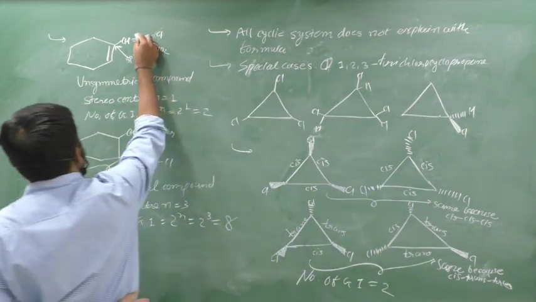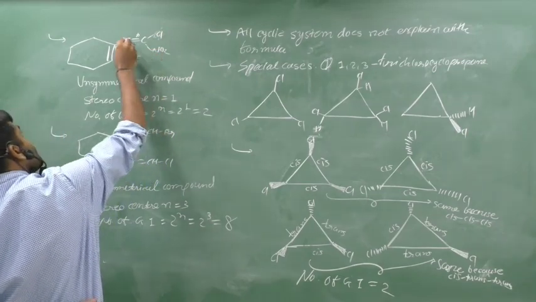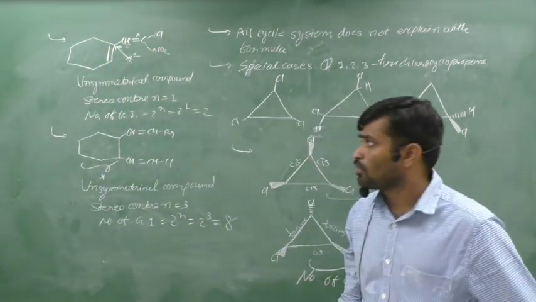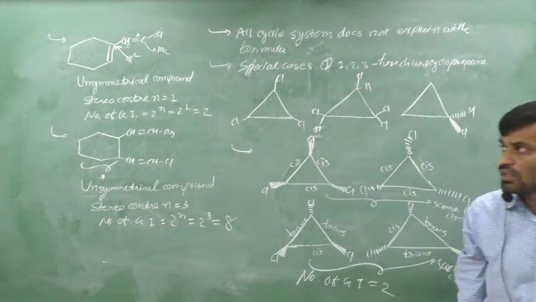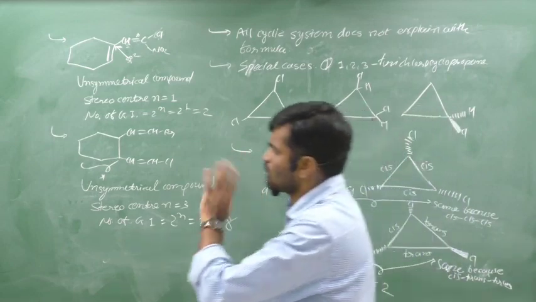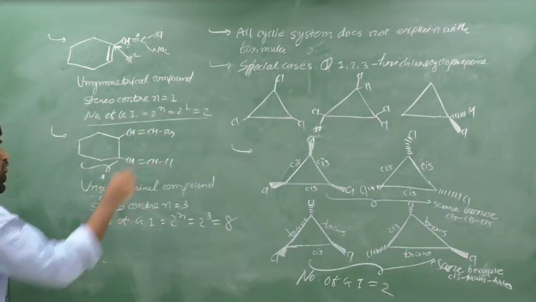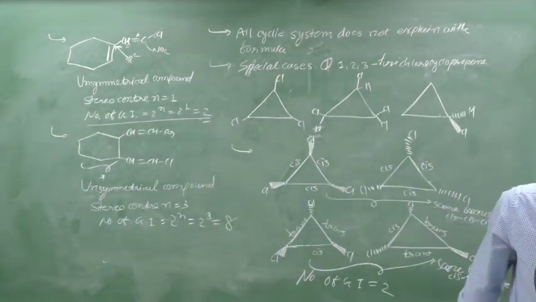Now, if we think about this double bond, therefore it shows the GI because these are two different groups, and hydrogen and this are also two different groups. Compound is unsymmetrical, obviously. Unsymmetrical compound, stereocenter n is equal to 1 because the cycle is not a stereocenter now. Therefore, number of GI is equal to 2 raised to n, is equal to 2 raised to 1, is equal to 2. Very simple. Clear?